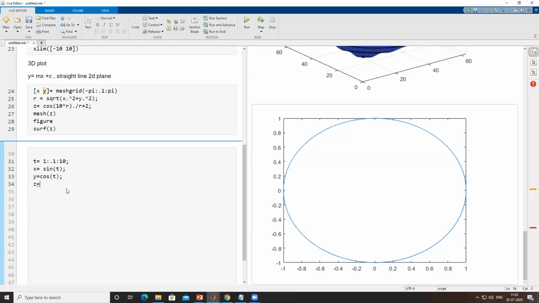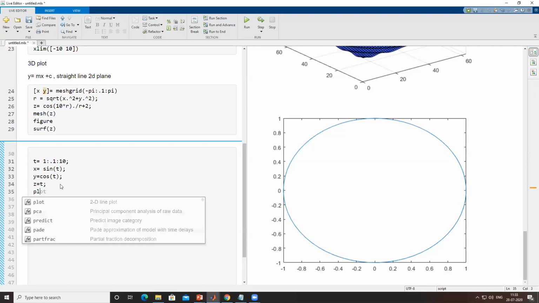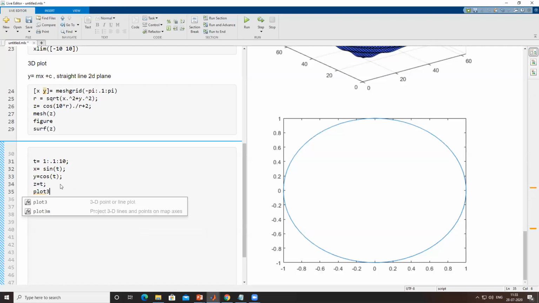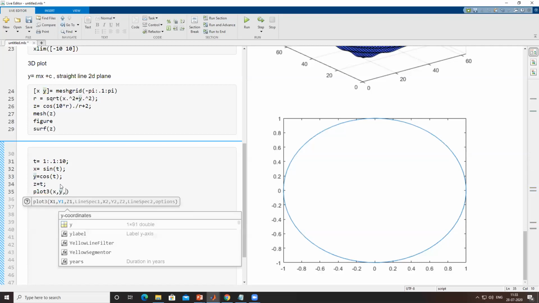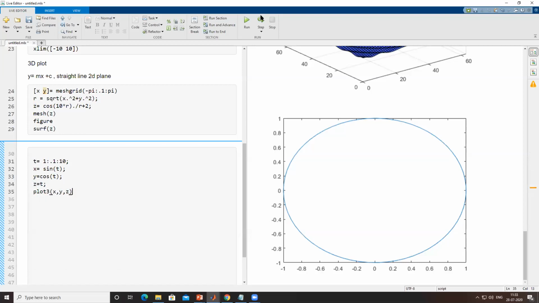Here I make Z as t only, so it depends linearly on the t parameter. Now I want to plot all three, X, Y and Z, so I'll use the plot3 command, pass the information X, Y, and Z, and run this section.